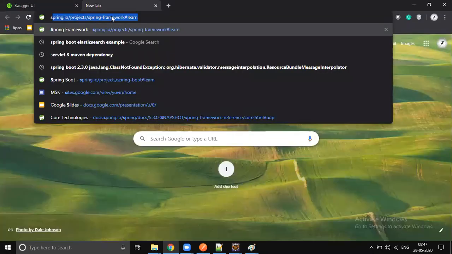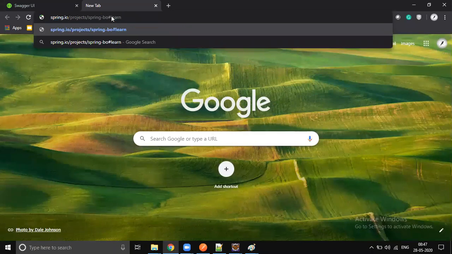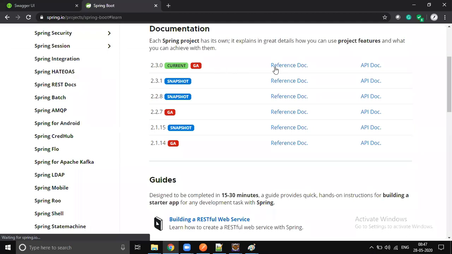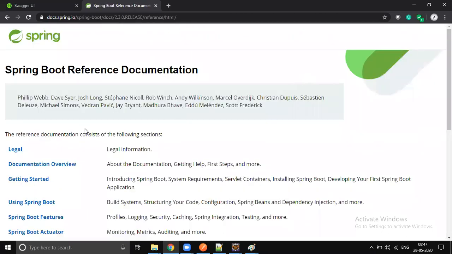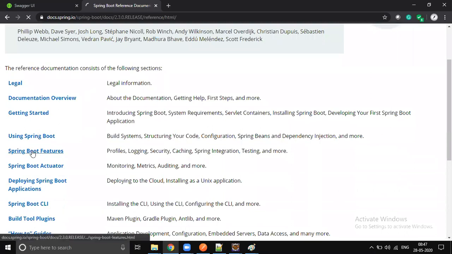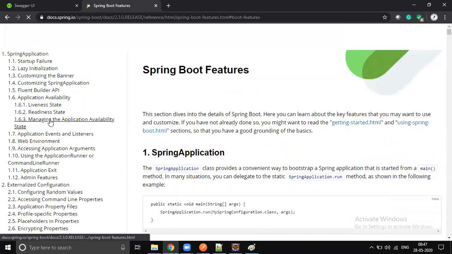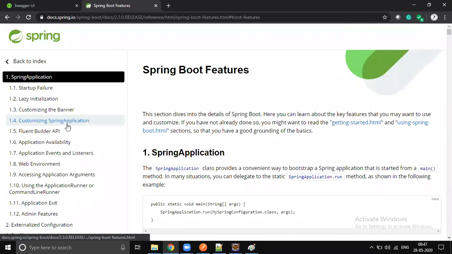So, Spring Boot. Okay, there is a JPA inbuilt validation framework available, and luckily Spring supports that. It's inbuilt with Spring Boot. There are so many annotations available.